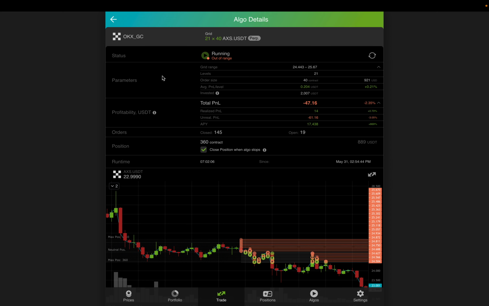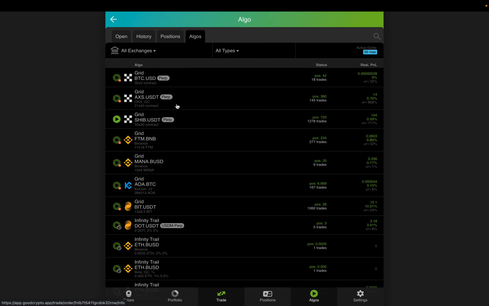In the same range, there is 4 times less orders here on XS than on SHIB USDT, and that shows. Look, the APY is still higher, even though it's been sitting out of range for most of the grid's life. Okay,